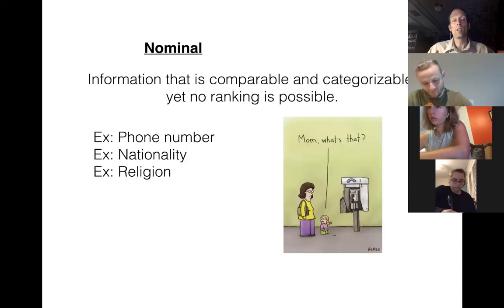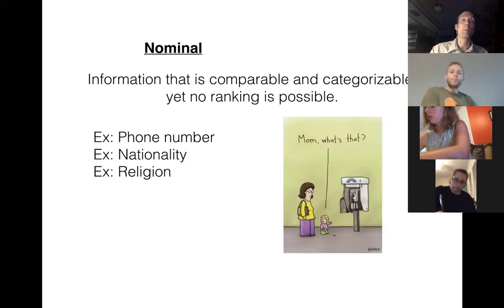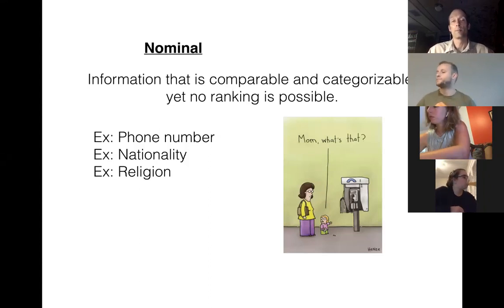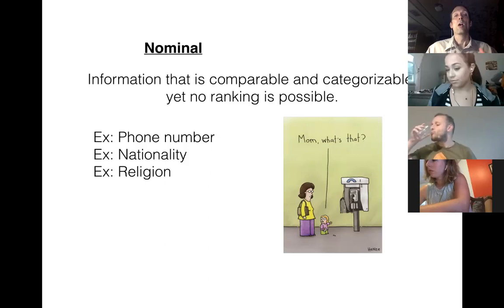Most of the time, you just want to get the numbers in the right order. If you think about nationality, we can easily say we're in a room, we have 4 German people, 2 Australians, 3 Mongolians, 4 French people, and we can compare the categories, but can you say the Australians are better than the Germans? No, of course not. Can you say that people from Mongolia are better than people from Brazil? No, it won't work. So we don't have any way of saying that there's a ranking we can put in on the data set.